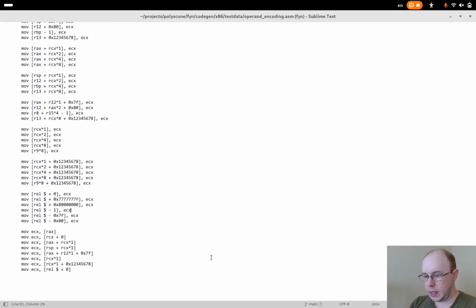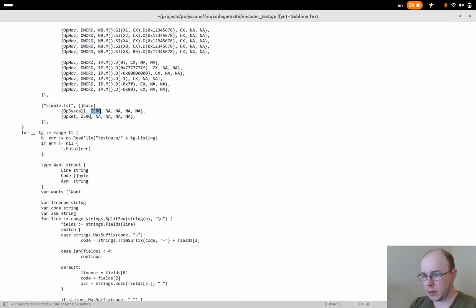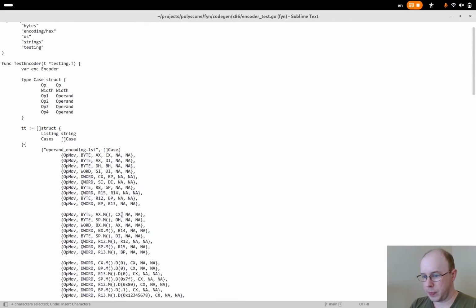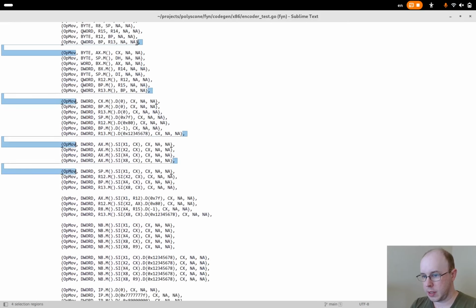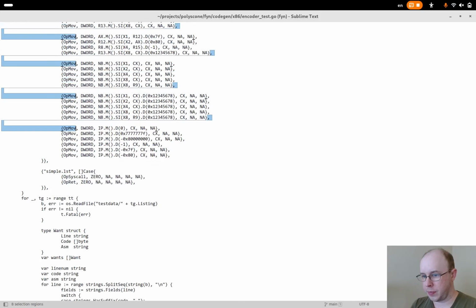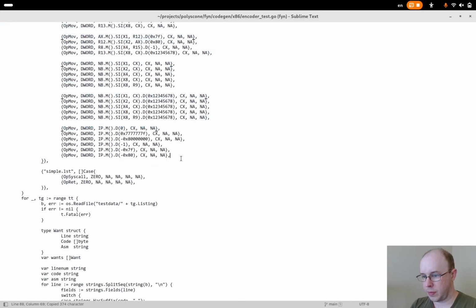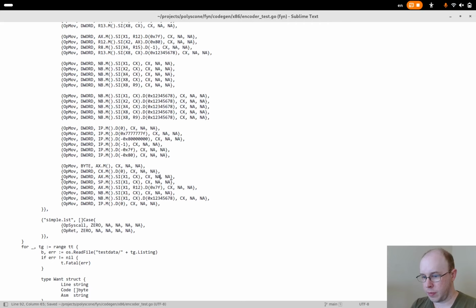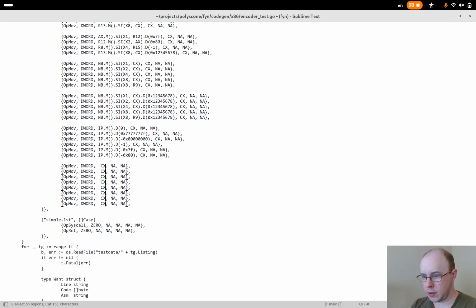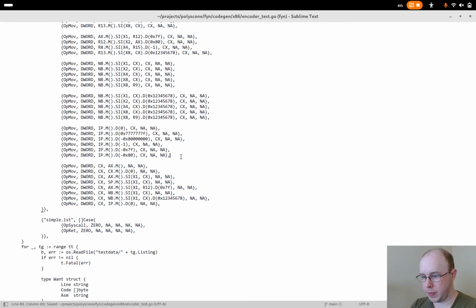And then in the encoded test, I just need to create those tests as well. So that is basically all of these top ones. This is going to be D word now, and then all of these memory ones here needs to just shift across to there.